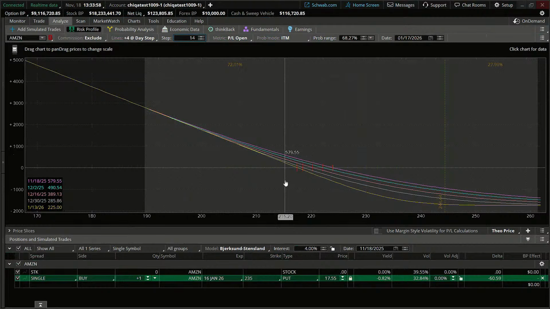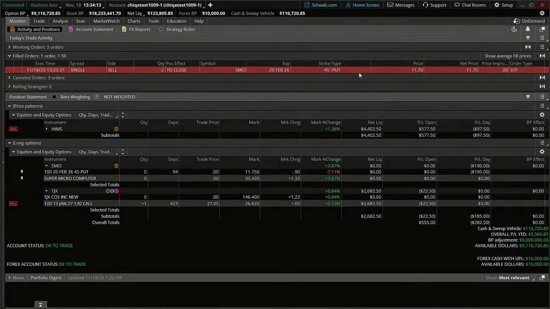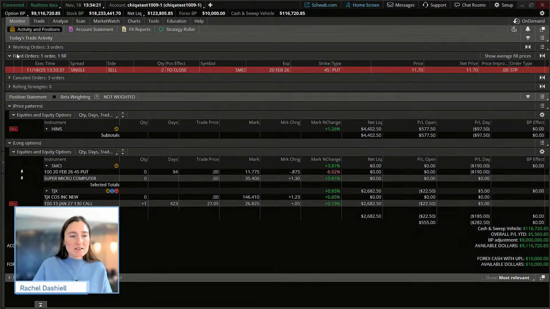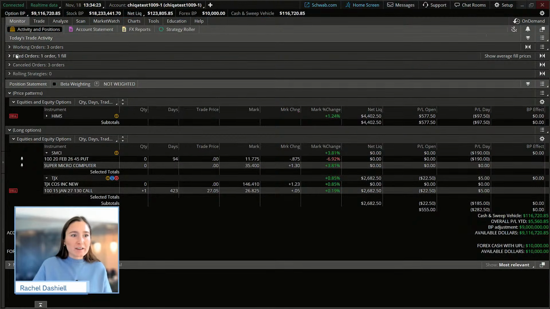And you could see we got stopped out of our SMCI trade actually. So we took our profits there on that trade. If you just saw that notification in the upper left-hand corner, we did see that go through with a fill at 1170. So I think that was roughly an $800 to $900 gain on that option. So at least that stop order was in and protected our gain on the option to the downside there.